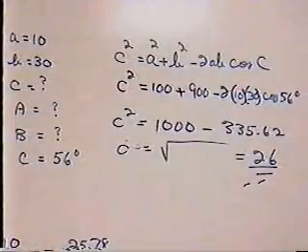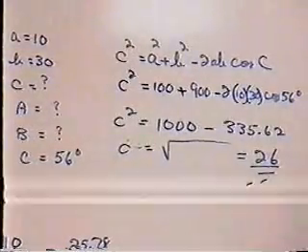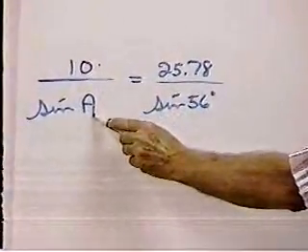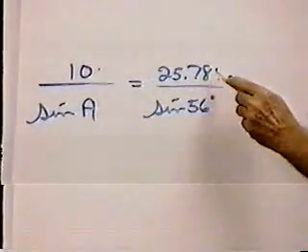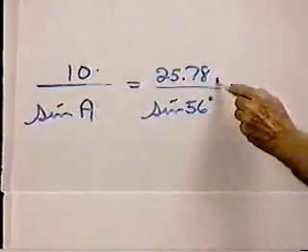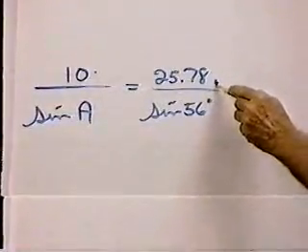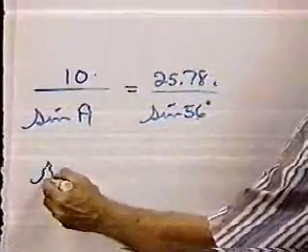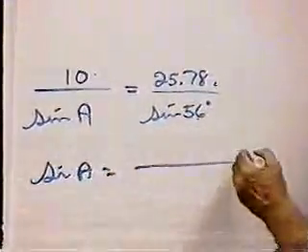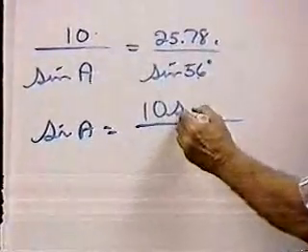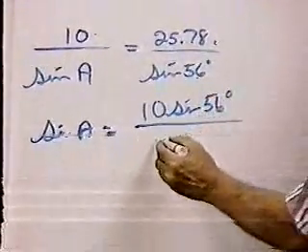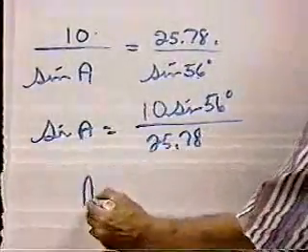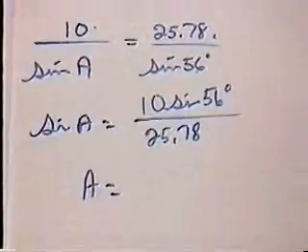Now, to finish the problem, let's look down here and finish it with the law of sines. All right, we know A to be 10. Angle A we're going to find. C, again, that's from memory, from keeping it stored in the calculator, is to the sine of 56. And so, therefore, the sine of A is equal to 10 times the sine of 56 divided by 25.78. And so angle A is equal to